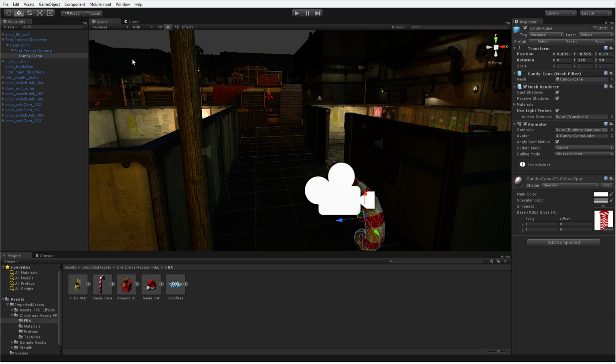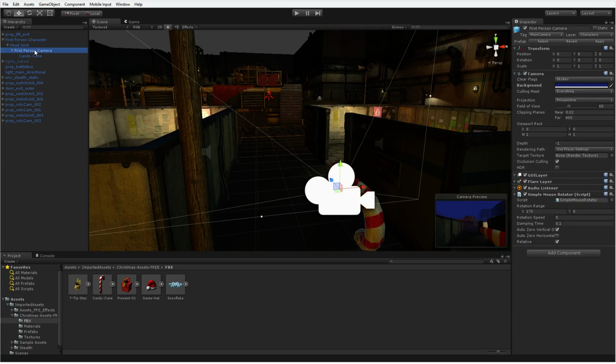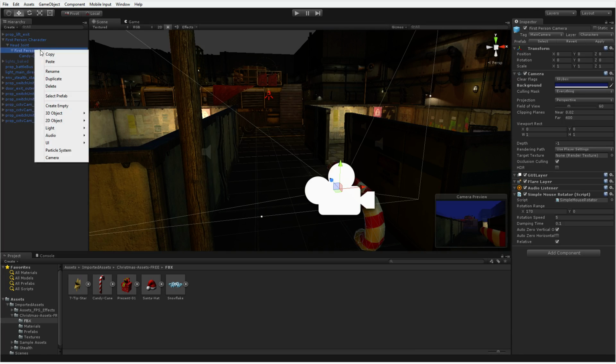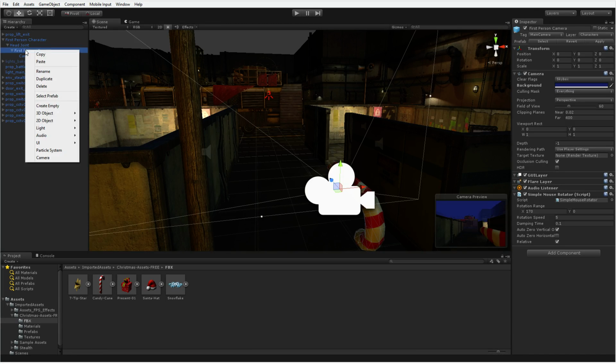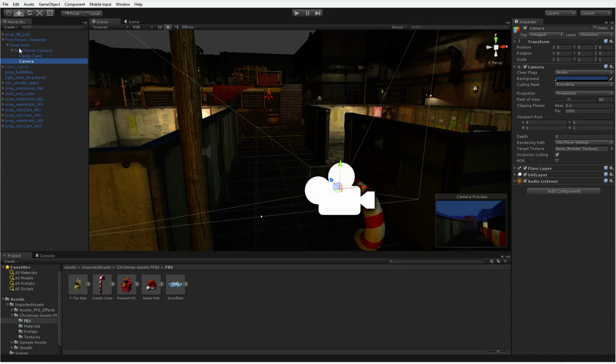All right. On my first person camera here, I'm going to right click it. This is a new thing, by the way, the ability to right-click a game object and have a create empty or create menu underneath of it. I love this one. I'm going to add another camera as a child. The nice thing about adding a camera as a child is it gives it a zeroed out transform automatically, so it's just right centered on it. So we have our camera here.